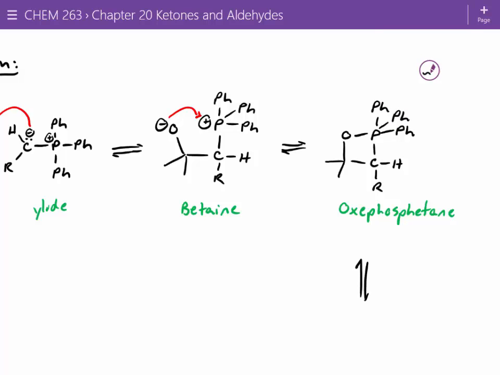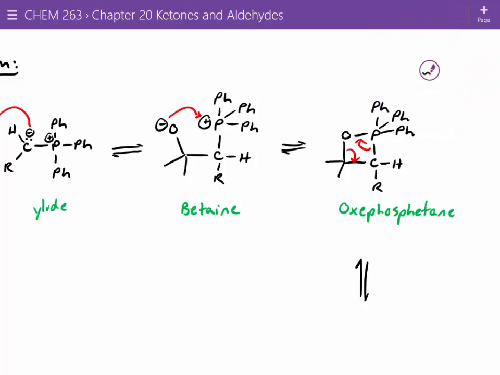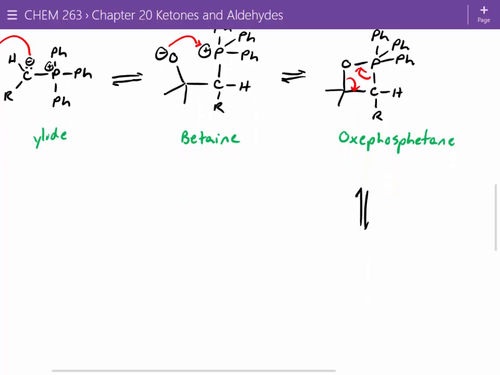Yeah, me neither. And then the next step in this reaction, let me actually show this bond more clearly. These bonds will break and jump over. What causes it to break? Primarily ring strain. 4-membered rings aren't very stable. And then I'll talk a little bit more about another major driving force for these reactions. So the main product that we're interested in